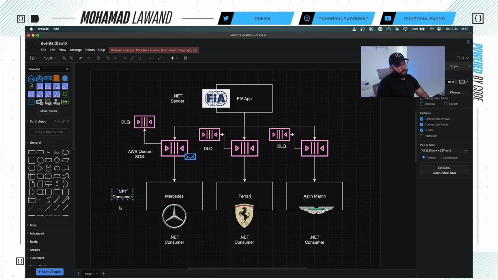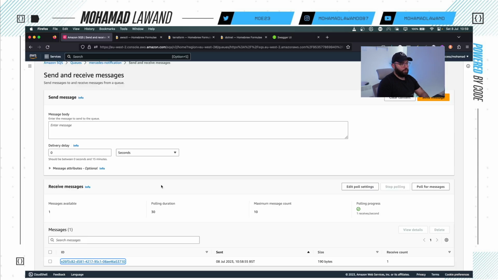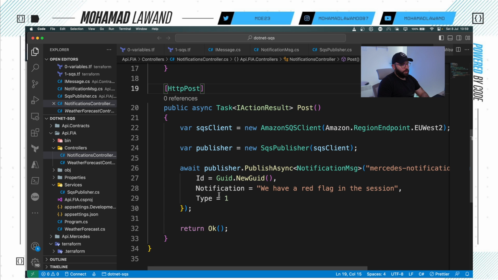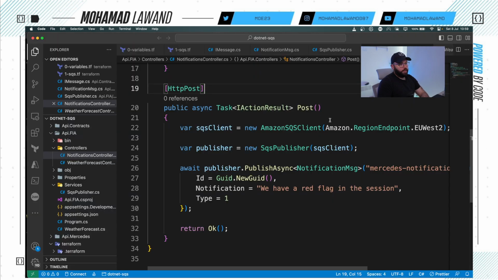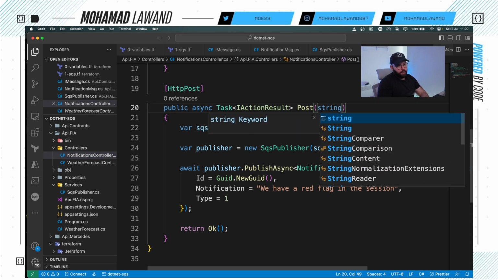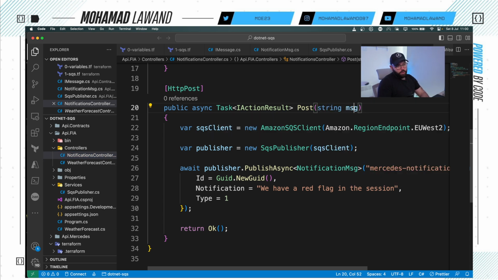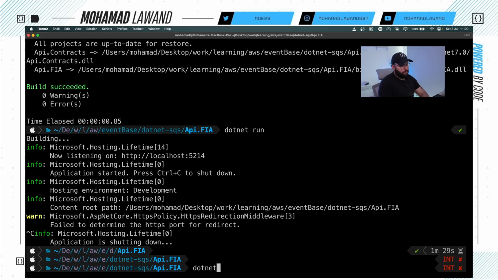So now what I want to do is I want to create my client code, so I will be able to pull that message and analyze it. But before we do that, one small thing that I would like to add here. So let me stop the application. So I'm going to put Ctrl+C, and the one thing that I want to actually add here is inside my controllers, I want to put here string message, and I want to basically inject this, so it will be much easier for me to test different messages. And now if I run this again, dotnet run,